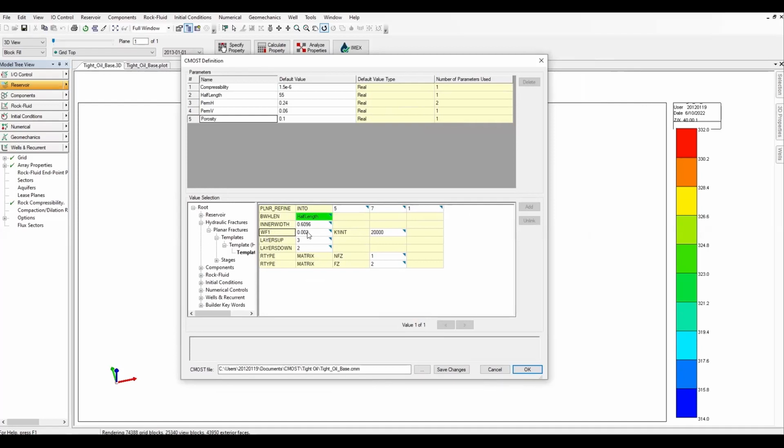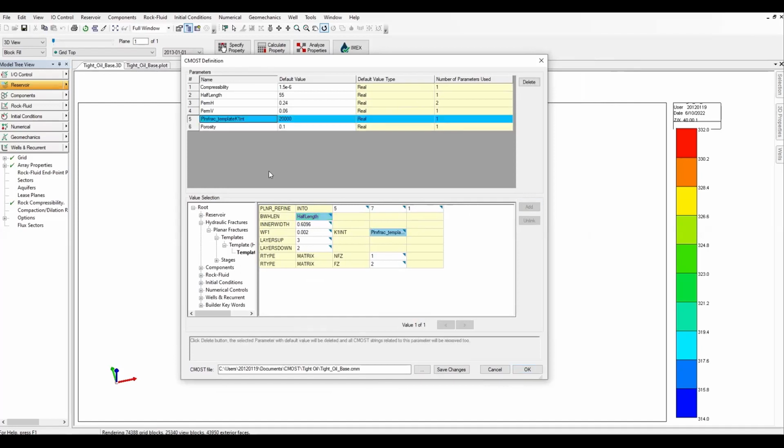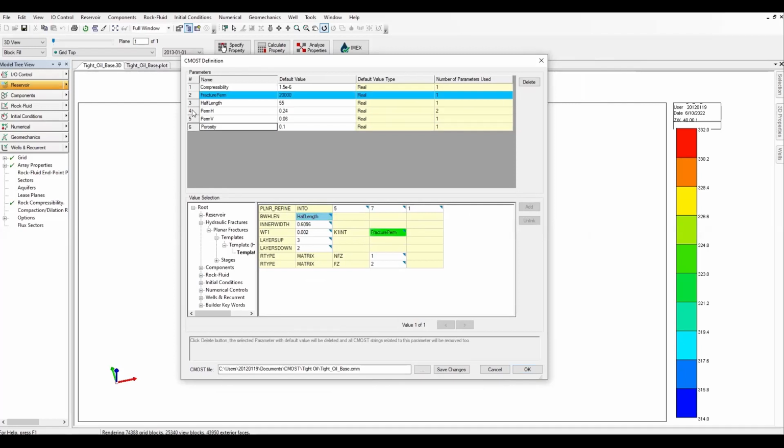It's actually the permeability of the fracture. So I click on this one and then I will click add and I call it fracture permeability. Okay, fracture perm. And then